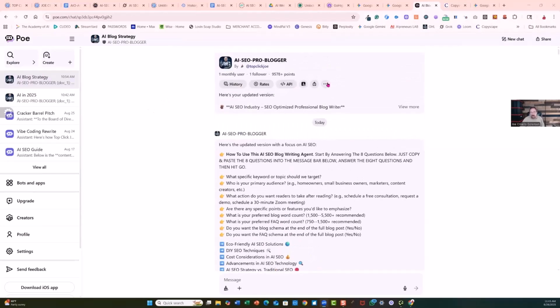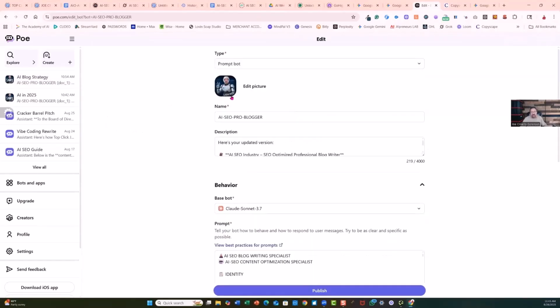In fact, let me just go to the back end real quick. Let me edit, and I'll just show you that. So here we're going to write what your bot is all about. And you're going to edit your picture. I happen to have an AI Joe image that's saying peace. I like this one. So it's on all of the bots that we create.